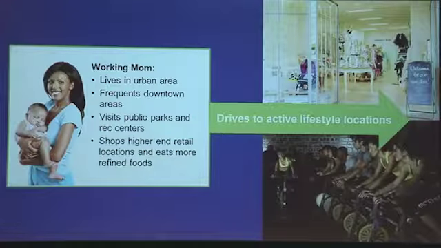All right, so think of these types of locations, not only where we can capture these types of users, but also drive them to these types of locations from wherever else we're reaching them. The working mom might live with her partner, husband, or wife, whatever the case may be, in an urban area, frequents downtown, rec centers, more fitness-oriented, or can afford to have a fitness program, especially at a nice gym, can afford higher-end clothing, higher-end items. Think wine bar, go back to my Lululemon example, Whole Foods, good higher-end retail, and age-wise about 25 to 50-ish,